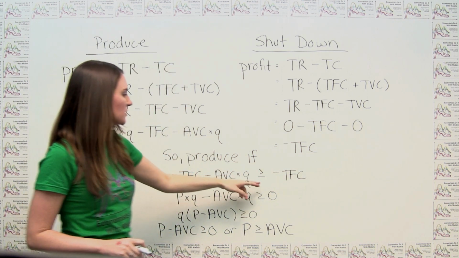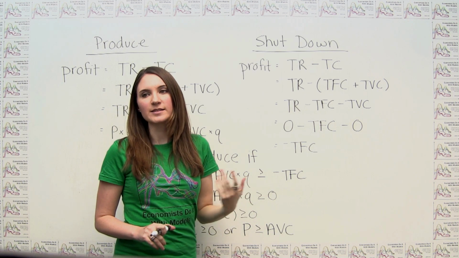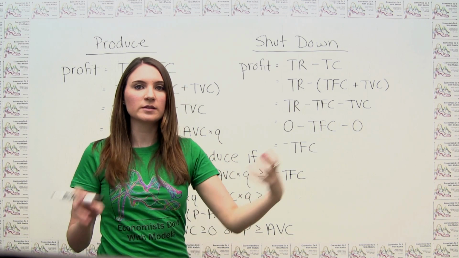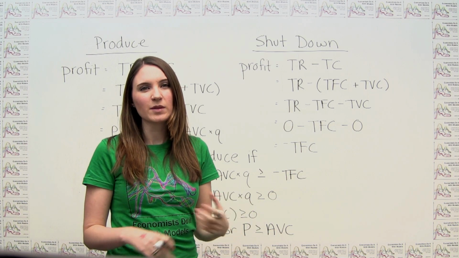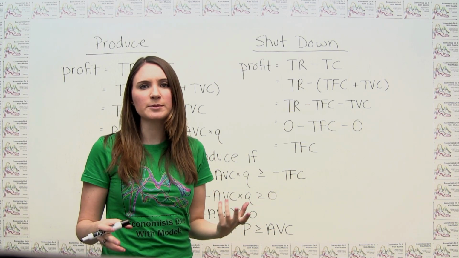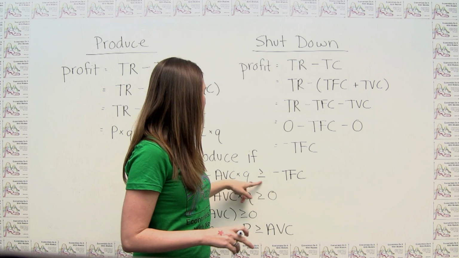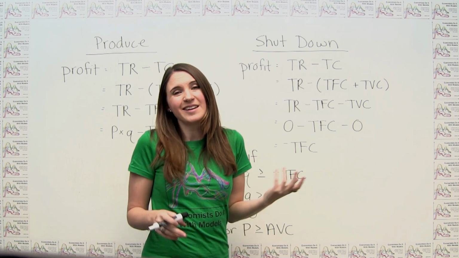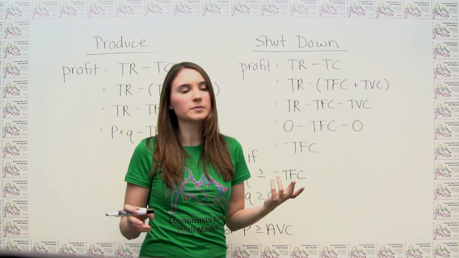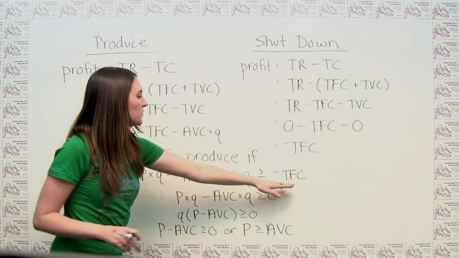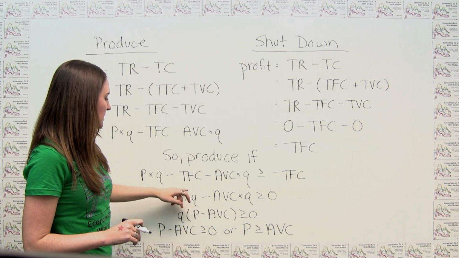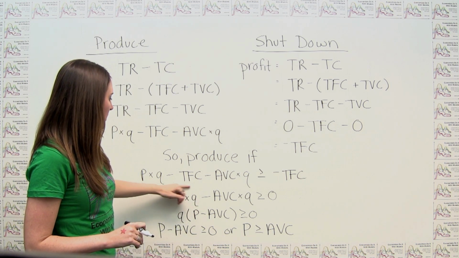Notice here that this greater than or equal to implies that if my profit is exactly the same from producing and not producing, I'm technically indifferent between the two options, but here I'm just implicitly assuming that if we're indifferent between the two options, we might as well produce. That's cool. So if we set up this condition here,